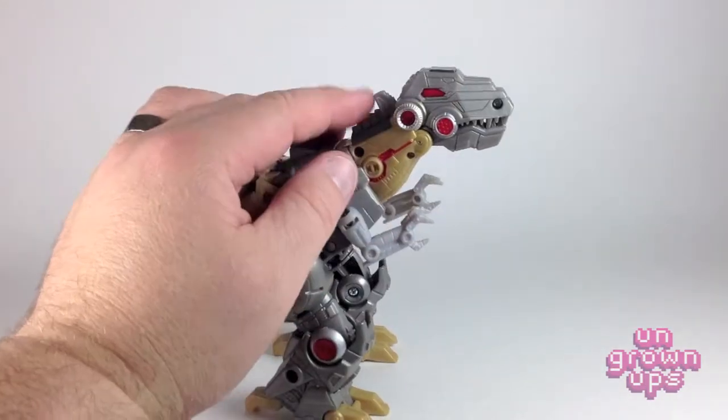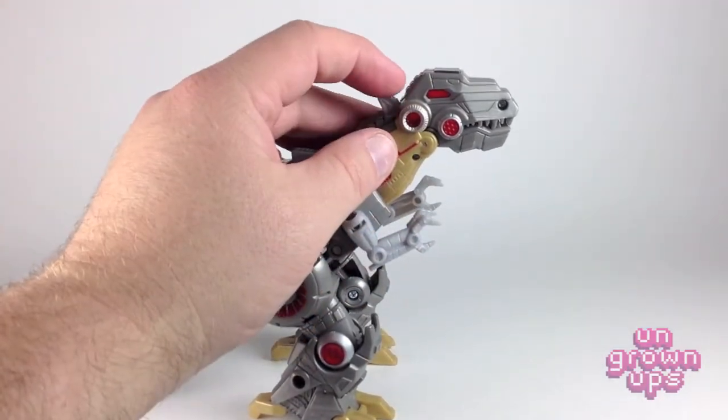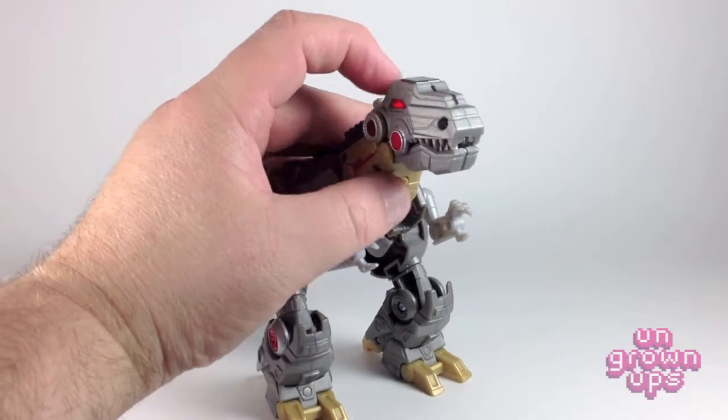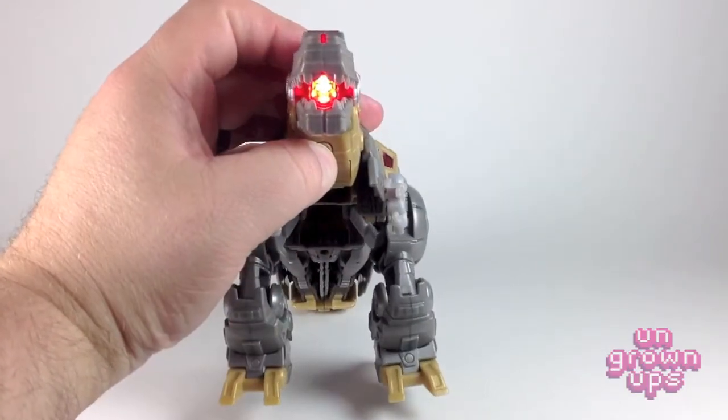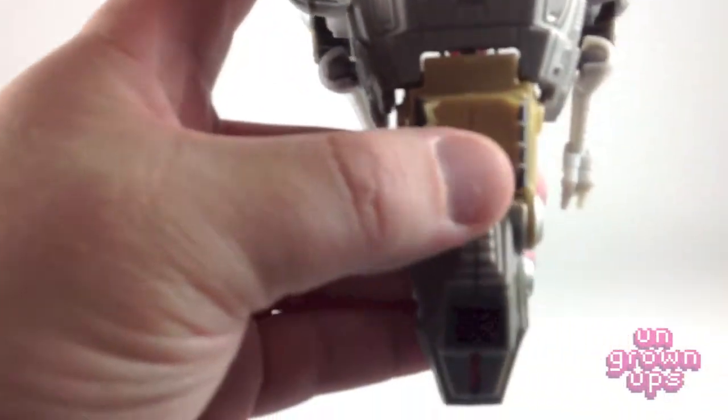There you go. So I do want to show off the light-up LED function as he is in dino mode. You just take this little button here and pull back, and he lights up, and you can see it's a pretty bright LED in there. It lights up very well. The other really cool thing that happens when you do that, and I'll show this on the head, is that,